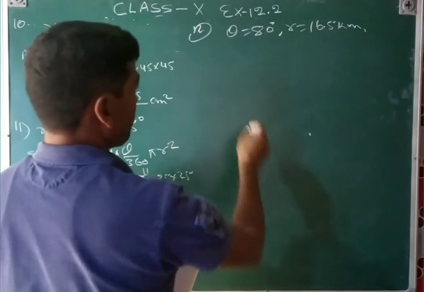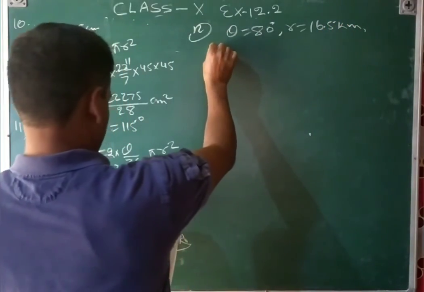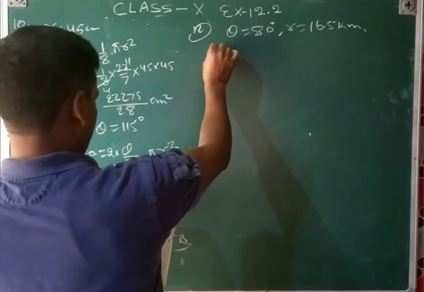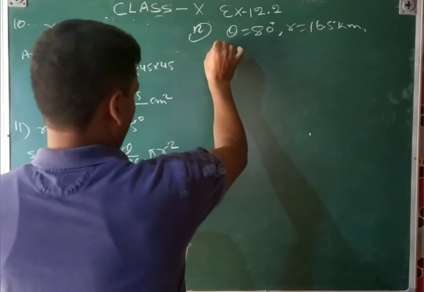Find the area of the sea over which the ship is warned. So the warned area